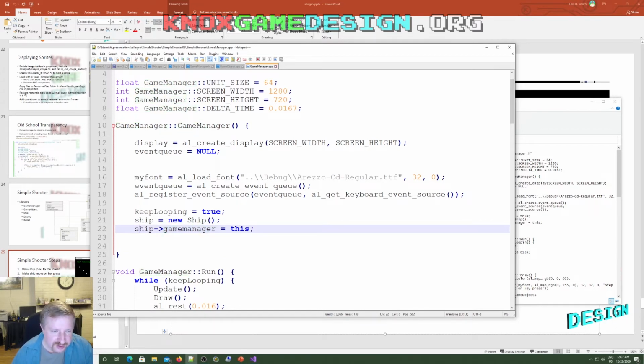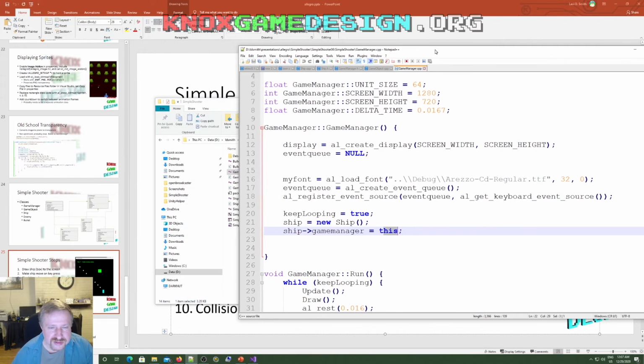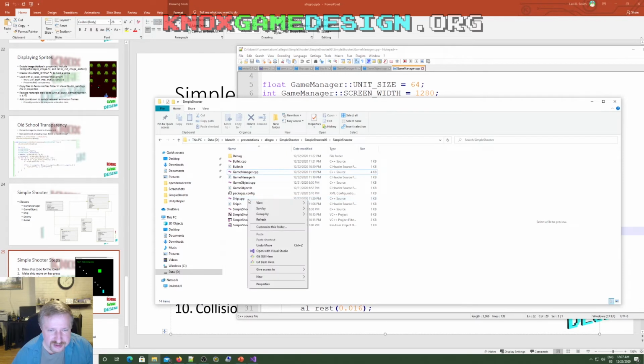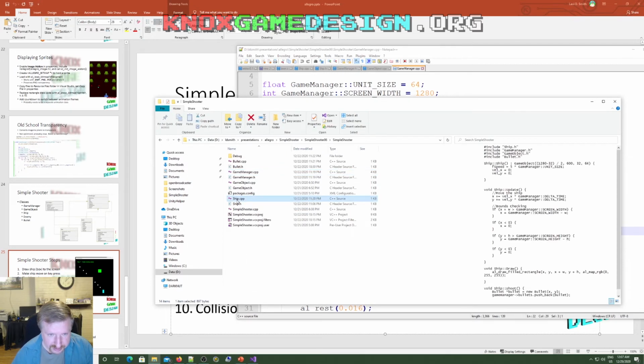So I use that arrow notation that says ship, then I have a public variable, which I'm not a big fan of getters and setters. It's like, just assign it. So ship game manager is going to get a reference to this. So then in my ship class,